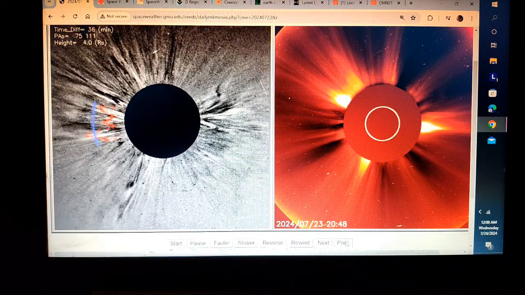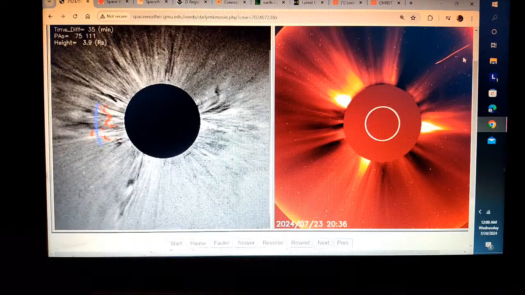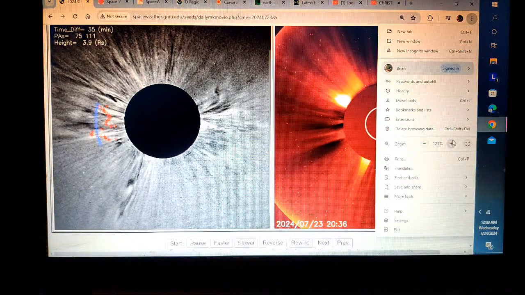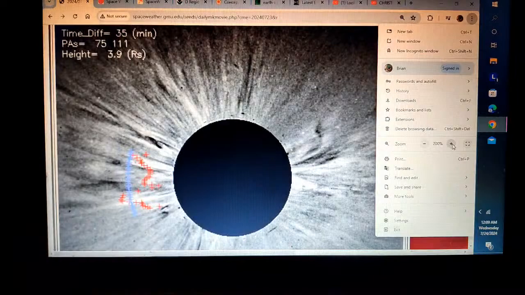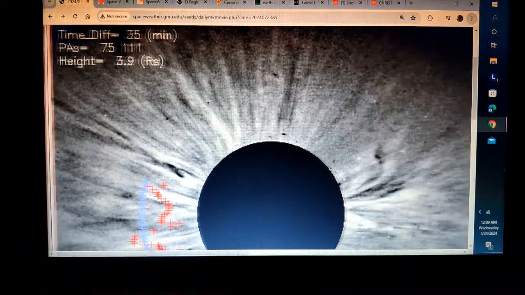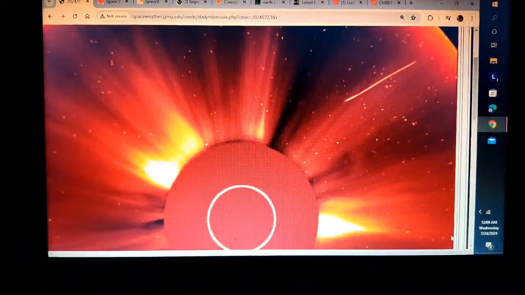Ooh, what was that? Somebody streaking through there. That one looks a little wiggly. That does not look like a straight line to me.